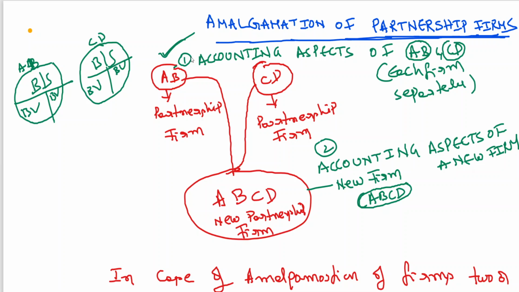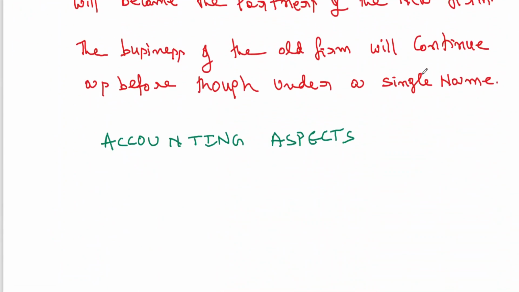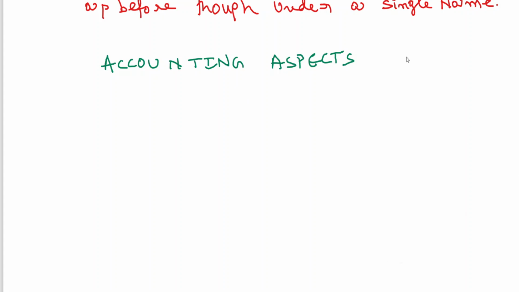But having said that, let us learn like this. Whatever you learned in foundation, like admission of a partner, retirement, death, we used to prepare a revaluation account. Same here: revaluation of assets and reassessment of liabilities. That first point you should remember. It can be for AB firm and CD firm. So when you look at the accounting aspects one by one, I will explain. I'll write the accounting aspects. This is the first point: accounting aspects in the books of